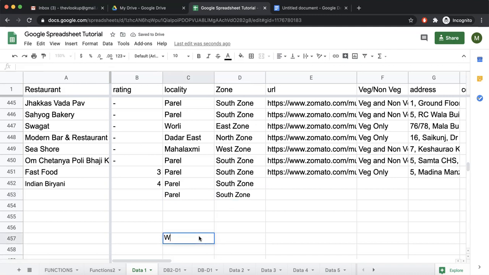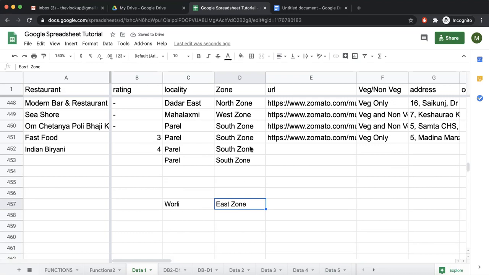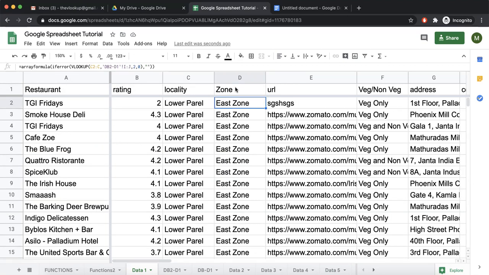If I write over here as Worley, automatically this gets populated, because the entire column D is now under the array formula. Again the same issue. In this case, the issue is not there because we are doing VLOOKUP. So the issue of 0 was not there. So we had no requirement of checking, do this only if length of A is greater than 0. We could have also done like that.